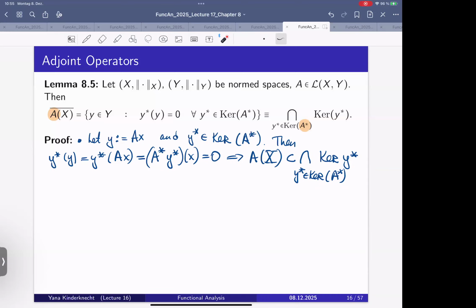Okay. So Y stars are continuous linear mappings, continuous linear functionals. So their kernels are closed subspaces. And hence the intersection of closed sets is a closed set. So since this set is closed,